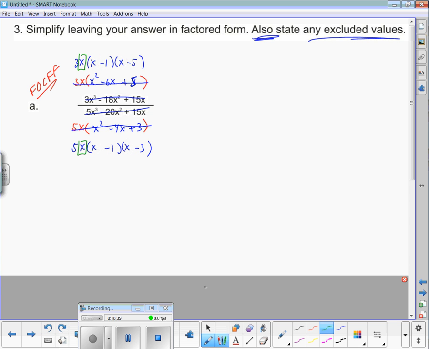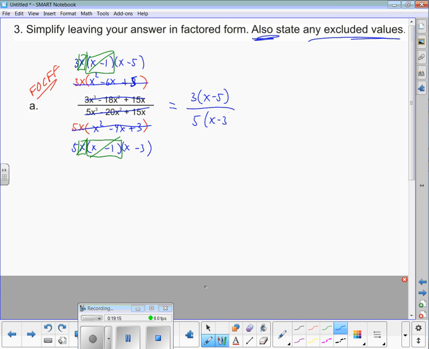But these front x's are not tied into anything by addition. Therefore, they can be divided out. Now, if the top number, this 3, would have divided with that 5, we would, but they don't. But you can do numbers as well as long as they're out by themselves, not tied into anything with addition. And then if you notice, we also have an x minus 1 on the bottom and an x minus 1 on the top. Final answer for the first part, 3 times the quantity x minus 5 over 5 times the